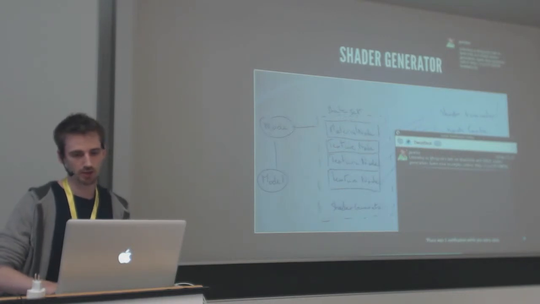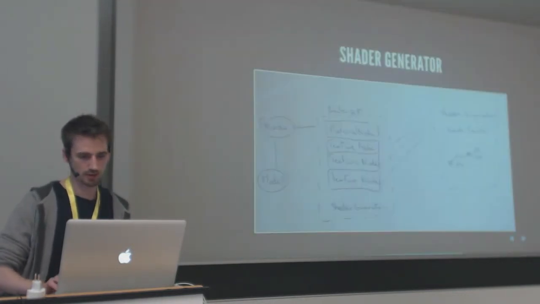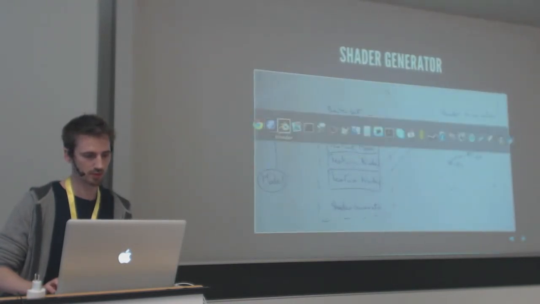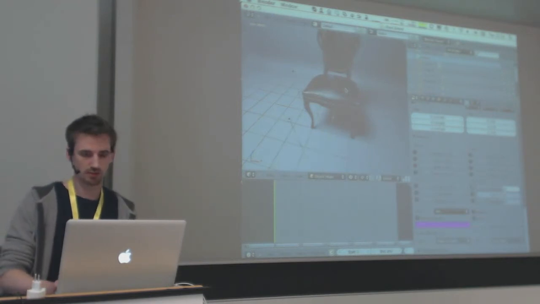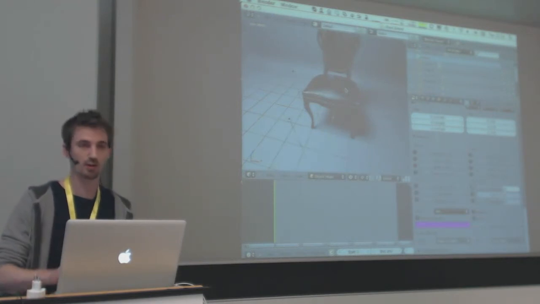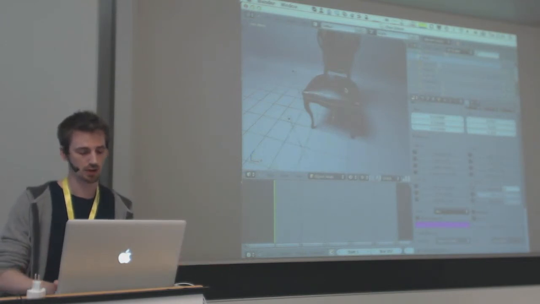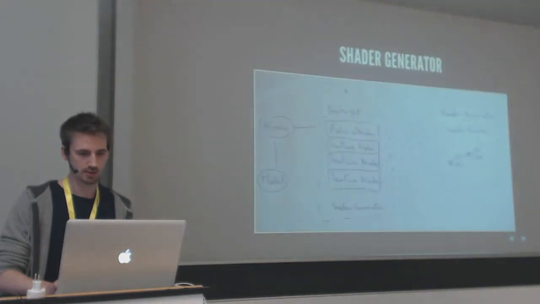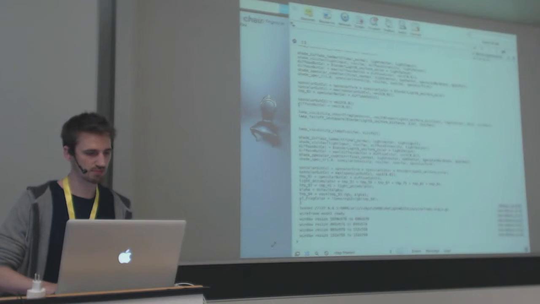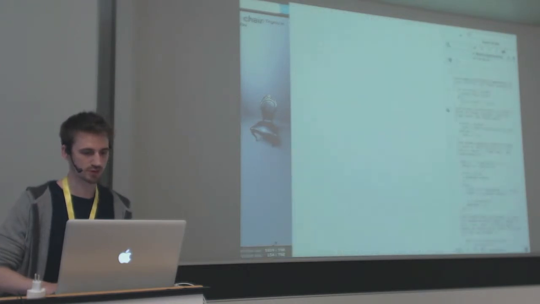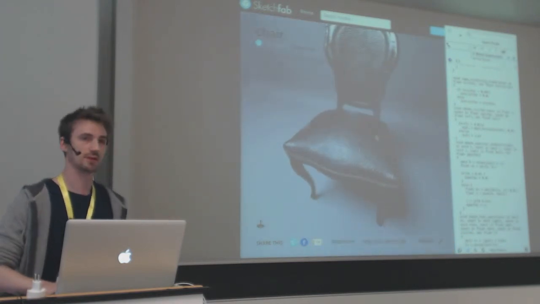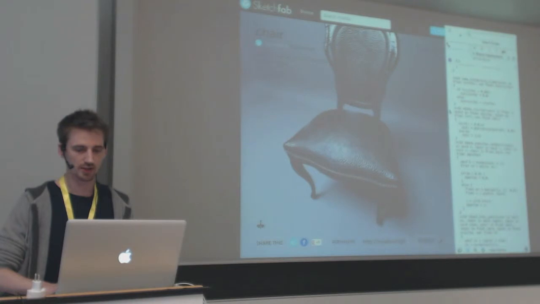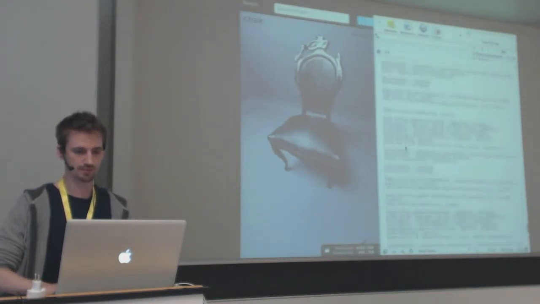So, for example, we have this shader in Blender, and without doing anything specific to have it in Sketchfab, we can display the same thing, and it's exactly the same. And you can have a look at the shader generated.